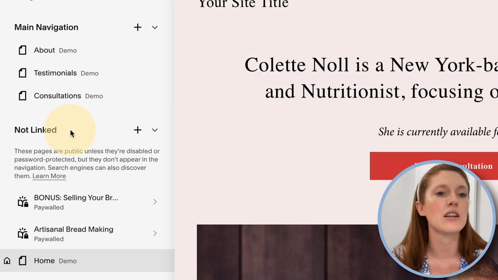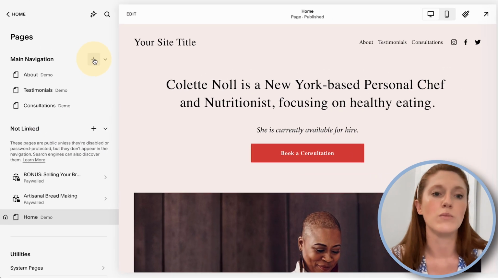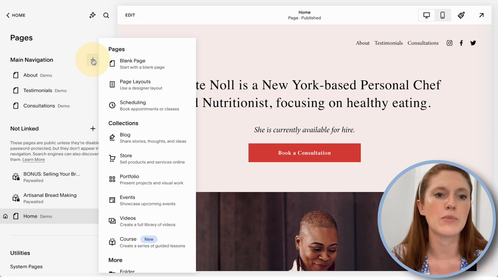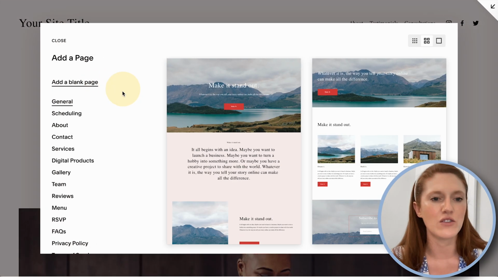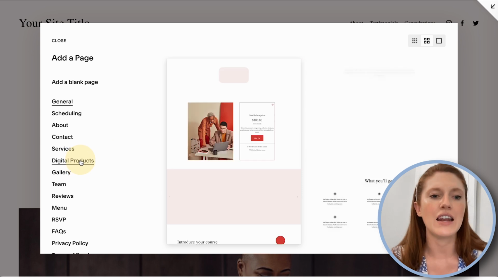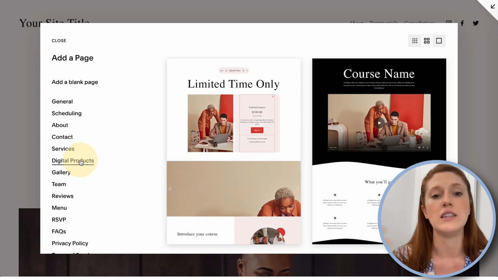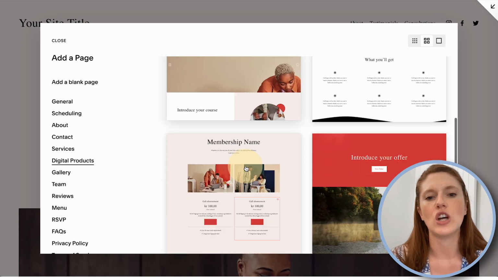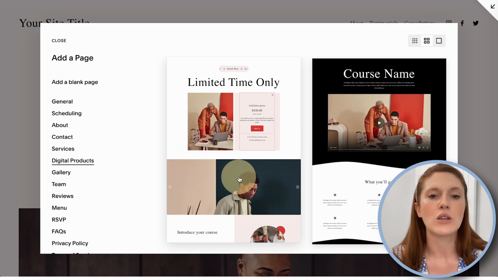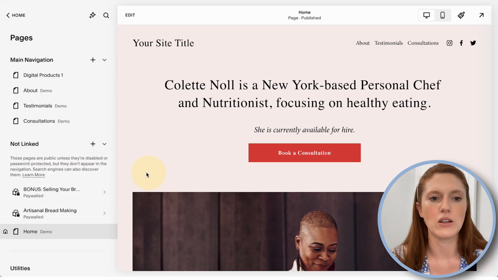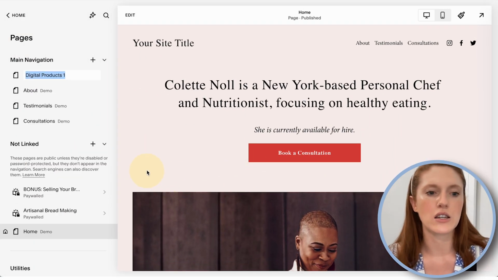Actually, you know what? Let's put this in our main navigation because we want people to see our sales page. So I'm going to click the plus button. I'm going to go to page layouts because they've just added something lovely, and that is a digital product demo page, which is like a starter for a sales page. So I'm going to click on this example layout, and we're going to call it,